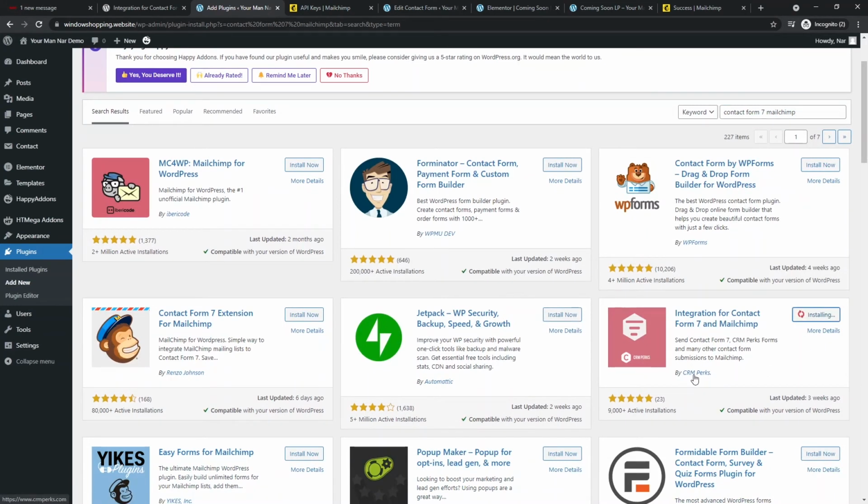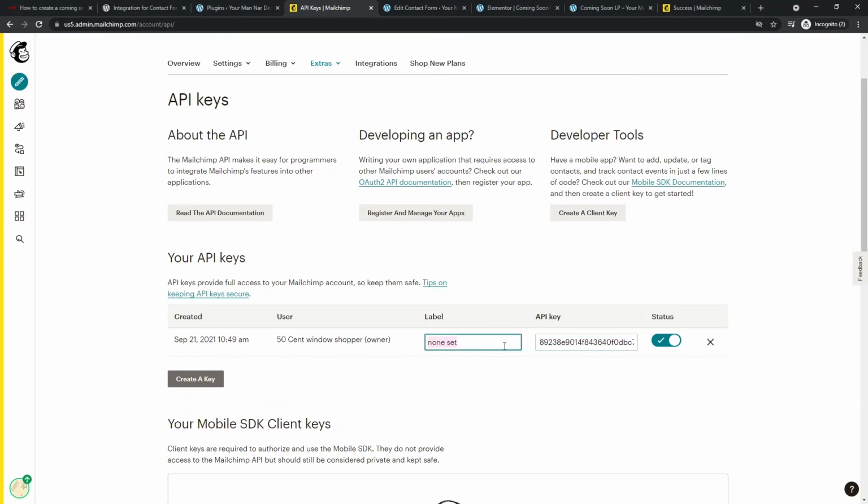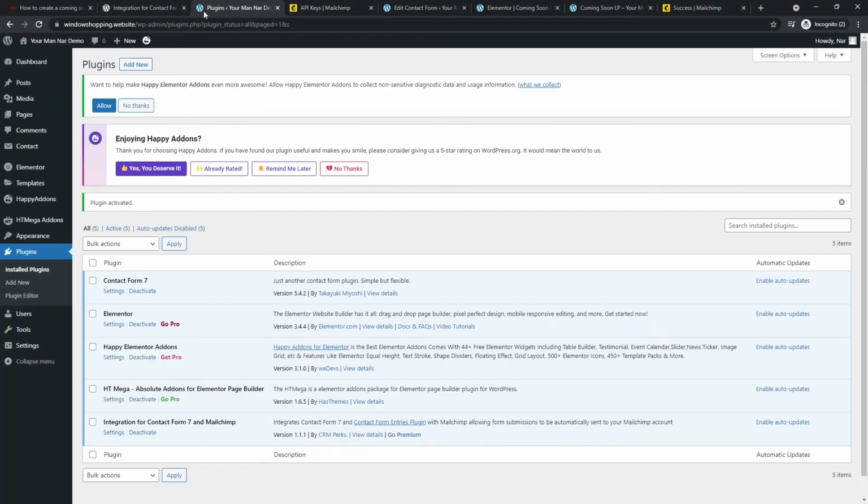We want this one by CRM perks. This one is actually really good. We just activate that. We come over here, we copy this. I will make this, of course, blur so you don't see my key. And now we come to the plugin over here. Once we've activated the plugin, we will see